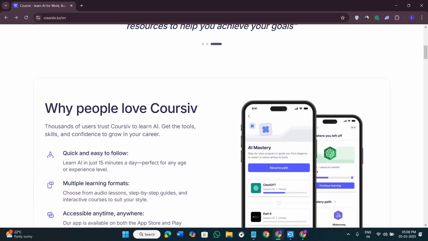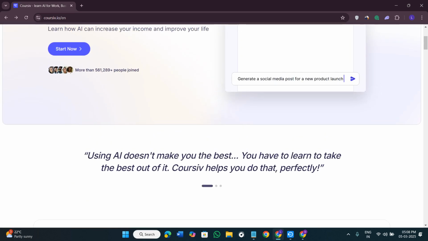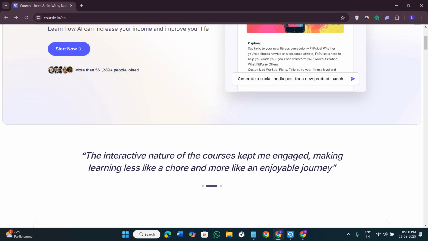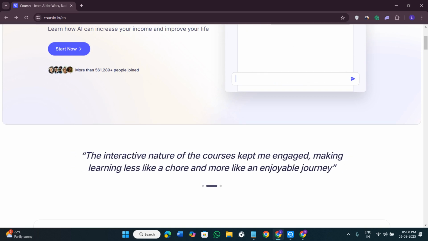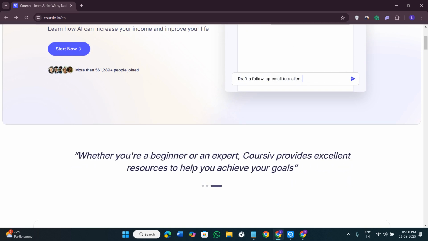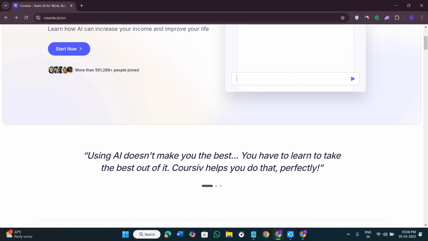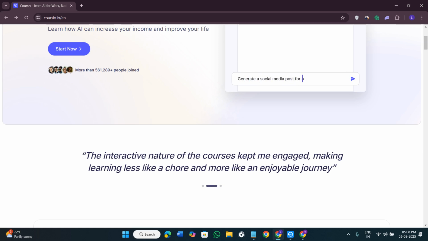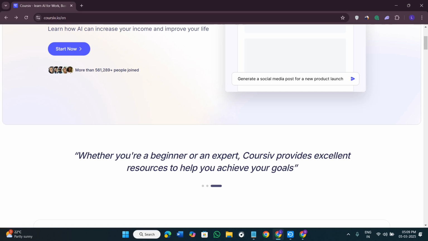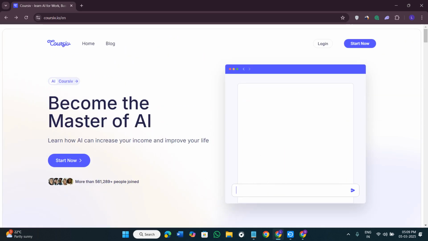Here are some of the cons that I would like to mention. This particular application or this particular website is subscription based. You are required to pay for the plan for the full features, and some suppliers may have slower shipping times as well. So in my final verdict, I would like to say that Cursive.io is a great option for